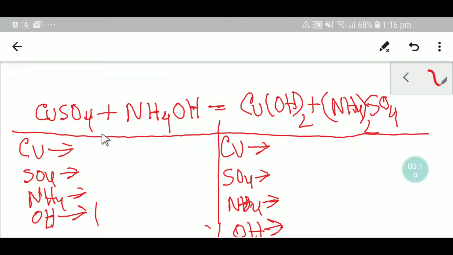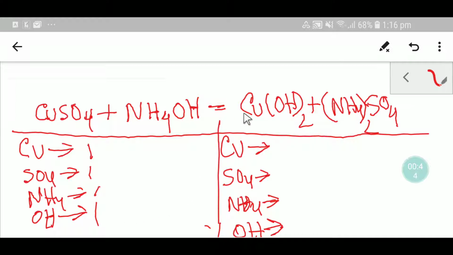On the left hand side or reactant side we have here one copper ion, so let me write that, and we have here one sulfate polyatomic ion, and here we have one ammonium ion, right? So let me write here, and here we have one hydroxide ion. Okay,